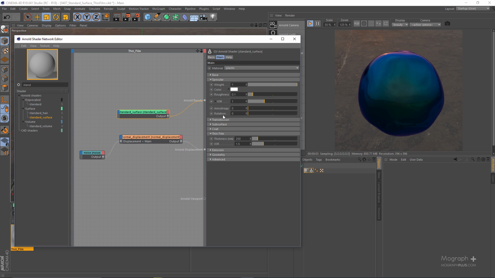Now let's take a look at the thin film parameters. We have thickness min, and this is the minimum thickness of the thin film in nanometers. Basically, the coloring of the shader and the effect depends on how thick the thin film is. So let's try 50. As you can see, we have a kind of monochromatic look. Let's go to 100, still not much of a change. Let's try maybe 150. And now we start to introduce some colors. Let's try 200,